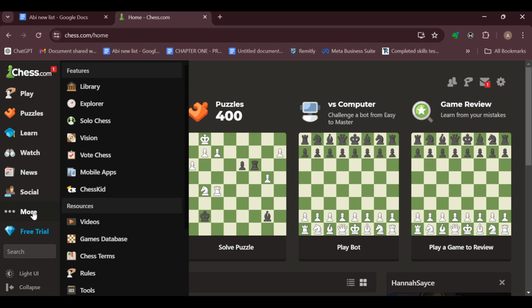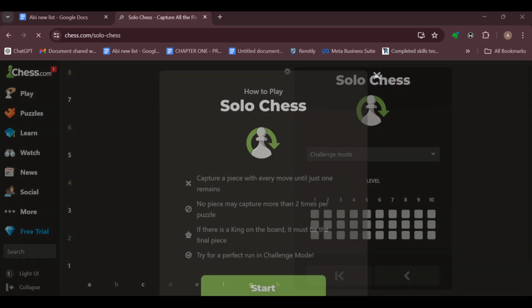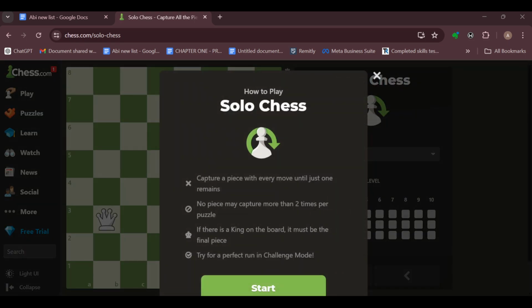drop down menu will appear by the right side of the more option, and then amongst the options displayed, you can see library, explorer, solo chess. The solo chess stands for playing by yourself, so just click on that. So after clicking on solo chess, you can see the prompts displayed on the screen telling you how you